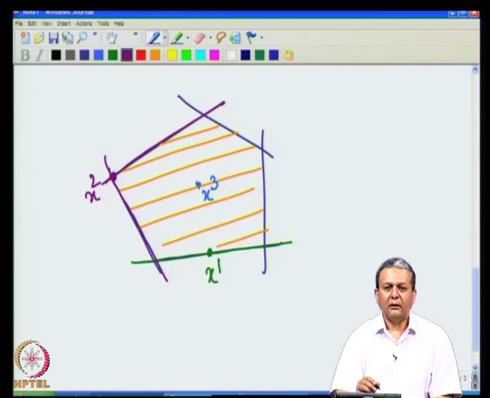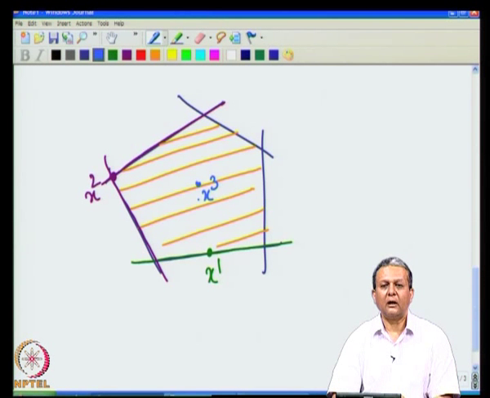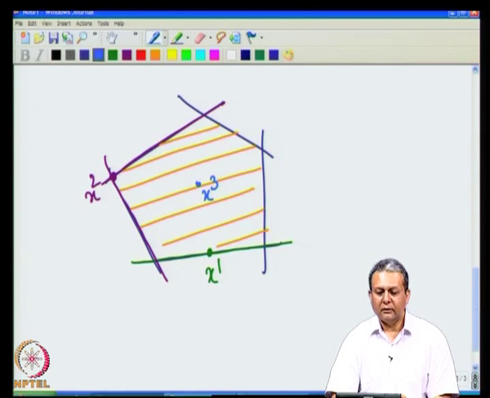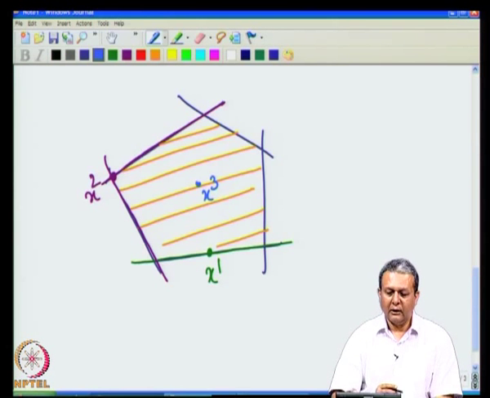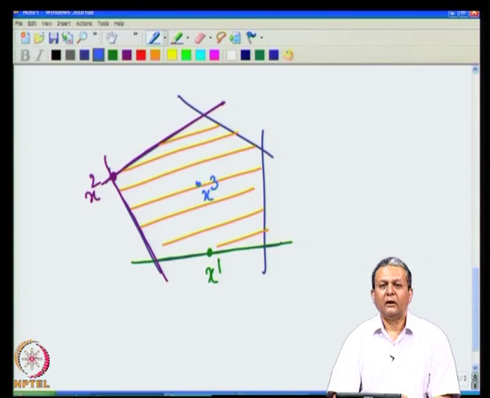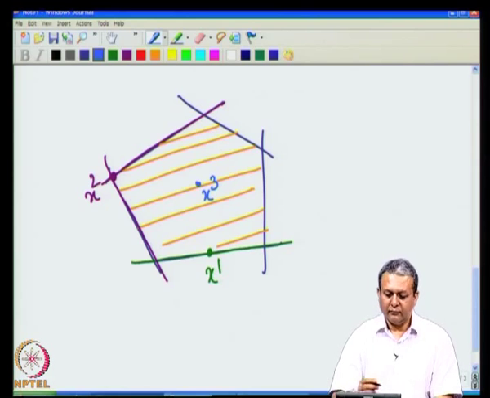So, you will see that at this point none of the constraints is active. This point is in the interior of the feasible region and none of the constraints are active, because all the constraints are satisfied at this point with strict inequality. So, this idea of active sets is used in solving the quadratic programs with linear equality and inequality constraints, and the resulting method is called the active set method.